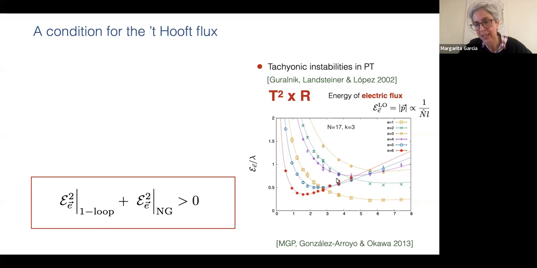And as you can see, the lines describe very well the results of the simulation. So this is an empirical formula, but it's a very good qualitative, even quantitative description of the data. We have done simulations for many cases, okay? So the condition that one can impose in order to avoid...